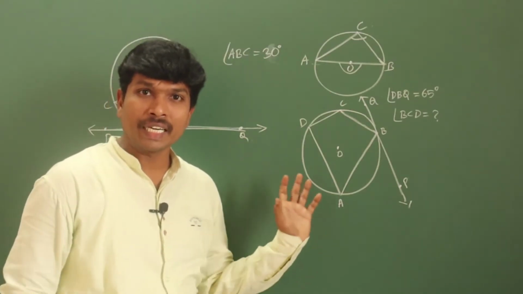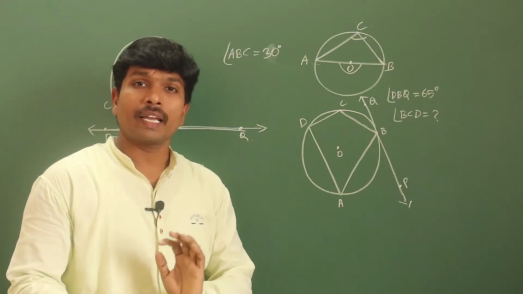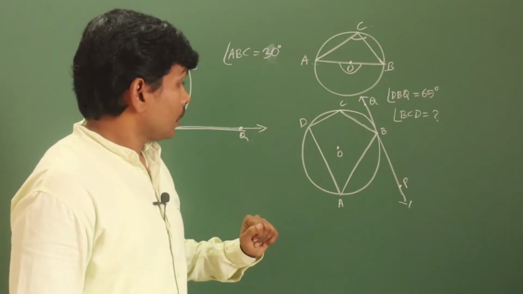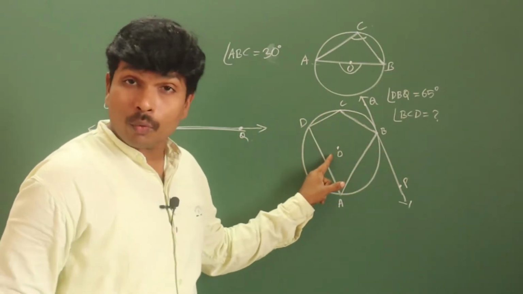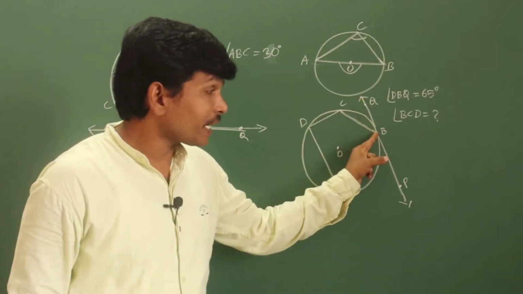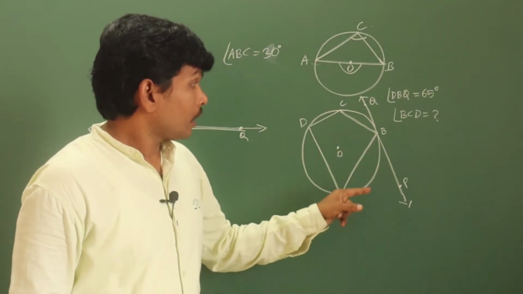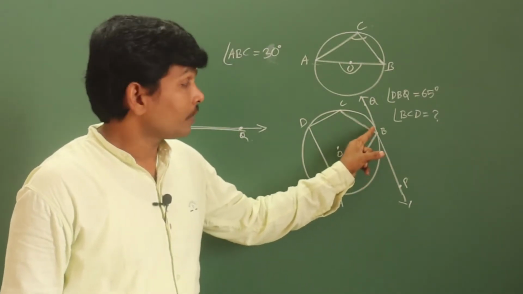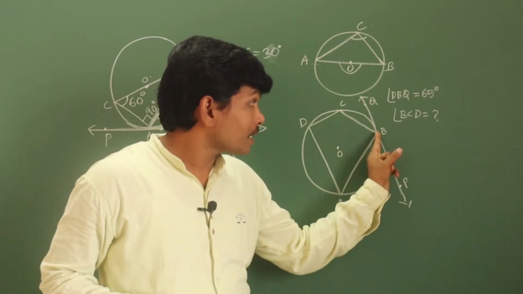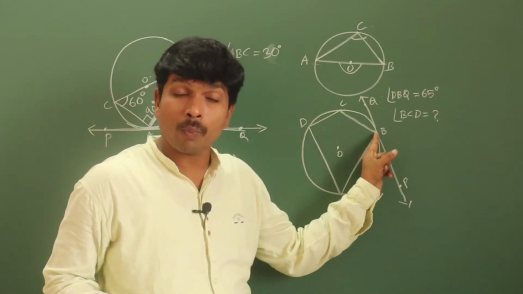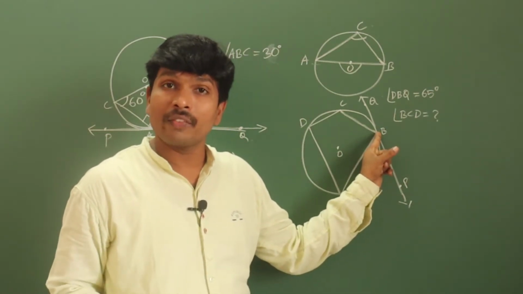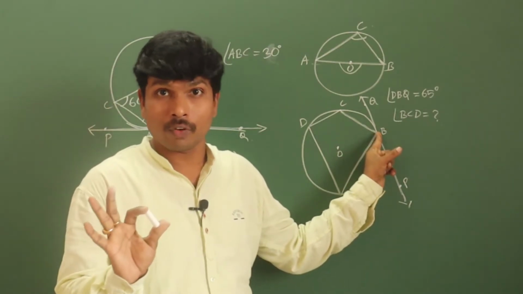I think some members did this problem. You tried carefully, no? So now we are explaining this problem. It is a circle with center O and PQ is the tangent. The point of contact is B. Then definitely AB is the chord. Observe, it should immediately rise in your mind: a chord is there, a tangent is there, one point is common to the chord and tangent, and it is also the point of contact. So definitely we can use the alternate segment theorem. That is one chance we have.